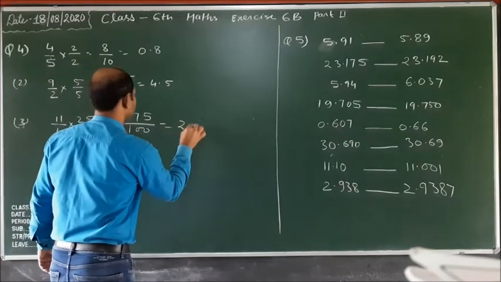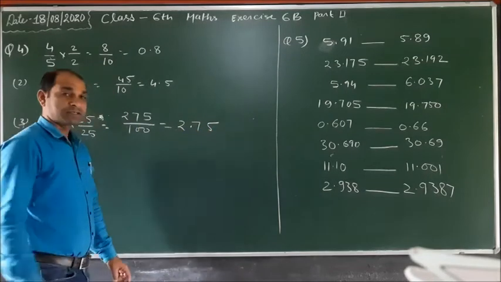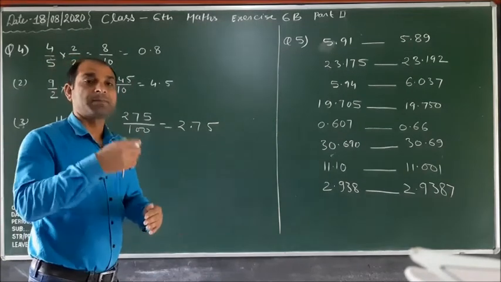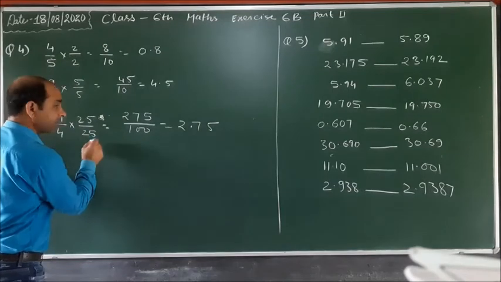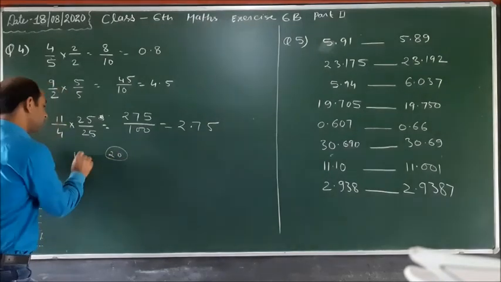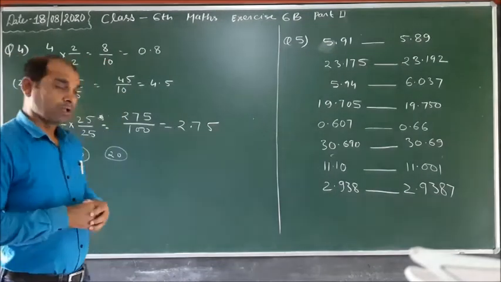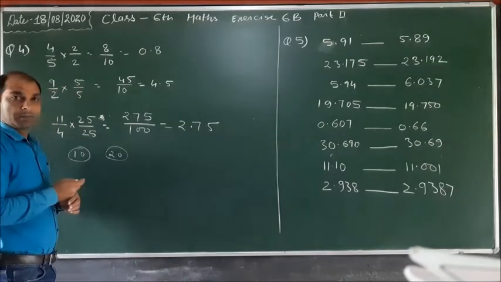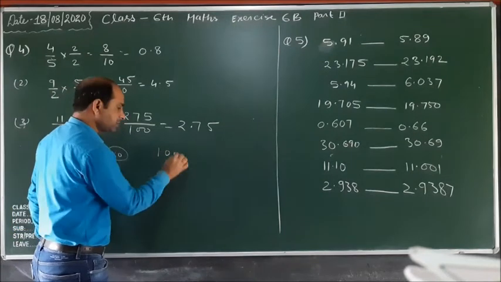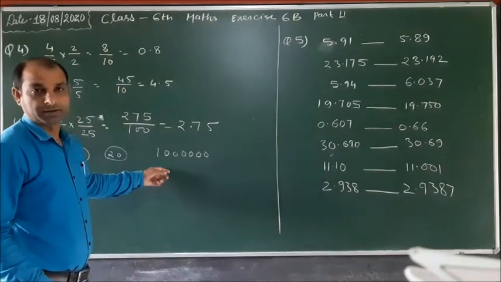Now equal 275 upon 100, and here there are 2 zeros, so 2 digit decimal. Means हमें यहाँ पे डिनोमिनेटर आपका 10 होना चाहिए या 10 का मल्टीपल होना चाहिए. सपोज हम 4 में 5 का मल्टीप्लाई करें, 4 5 से 20, तो 20 भी 10 का मल्टीपल है, but इधर 1 नहीं है. मीन्स आपका इधर ऐसा नंबर होना चाहिए, 10 हो या 100 या 1000 या 10,000 या lakh या 10 lakh. This type of number should be.